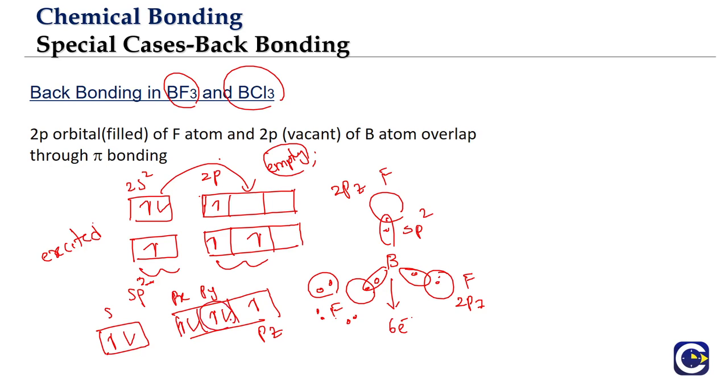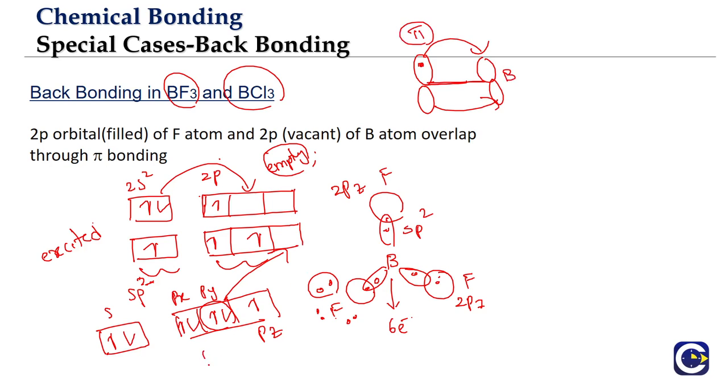So the px or py orbital of the fluorine, if it is forming a coordinate bond with the empty p orbital of the boron, this bond, right, will be what? It will be a sideways overlap. So you see, if you have a plane, this is the plane, right? The p orbital of the fluorine will be aligned perpendicular to the plane. So the p orbital of the fluorine will form a pi overlap with the empty p orbital of the boron.